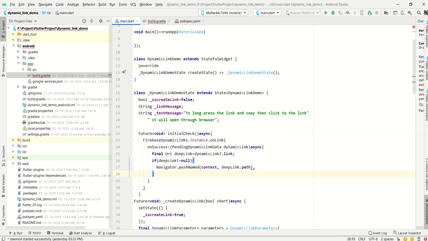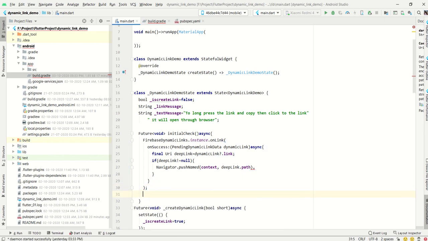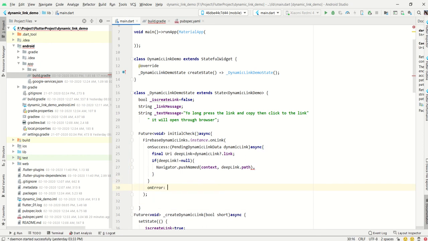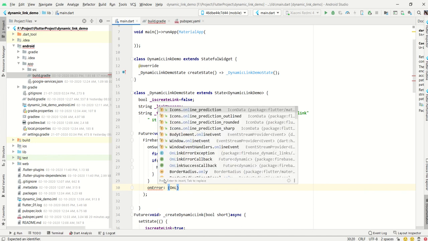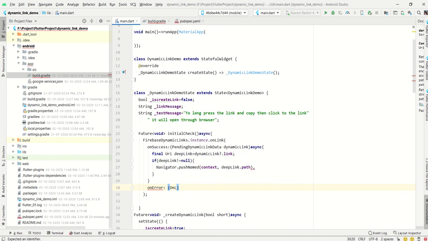And then after we have to write semicolon is there, and then inside it, on error is there, that is a property. On link, on link error exception is there, again we have to pass a parameter.